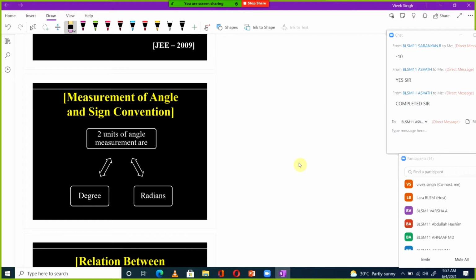Another method. So what will be radian? What will be 1 radian? Let me define. 1 radian is written like this, 1 to the power c. If you write like this, this will be 1 radian. Degree you have to write like this, this will be your 1 degree. Hope you know this. So radian you have to write like this, 1 to the power c. If you want to write 2 radian, then 2 to the power c, like that. So what is radian?